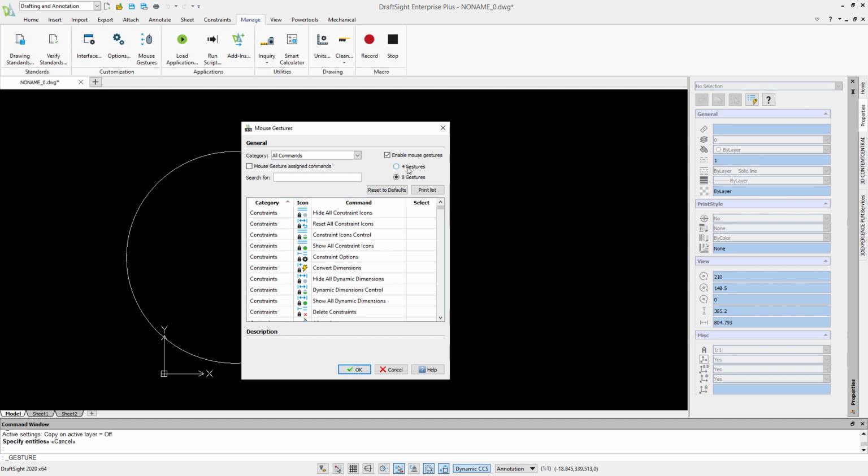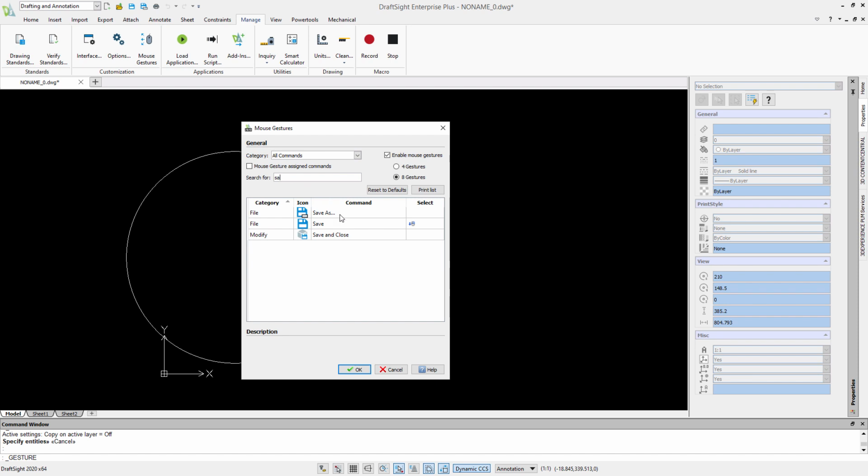And so to modify those commands, we just need to search for the command we want to use. Let's just list the ones that we already have. So maybe there's one of those that we feel doesn't need to be there. So clear that list and we type in a new command. So let's say I was going to do something with Save As, and so there I could maybe choose an option. Okay, I'm not actually going to change it in this instance, but there is an option there also to print that list off for reference if you are going to make use of it.